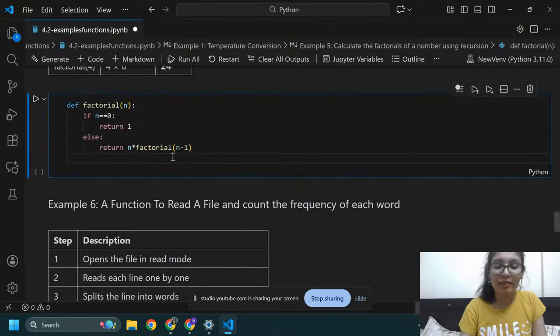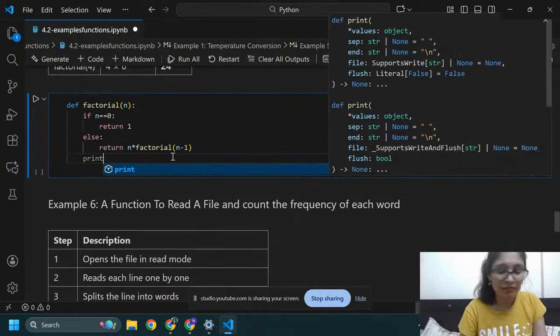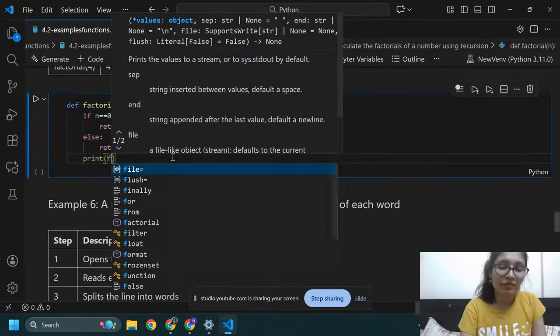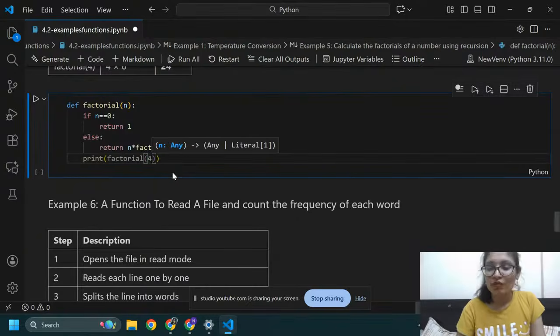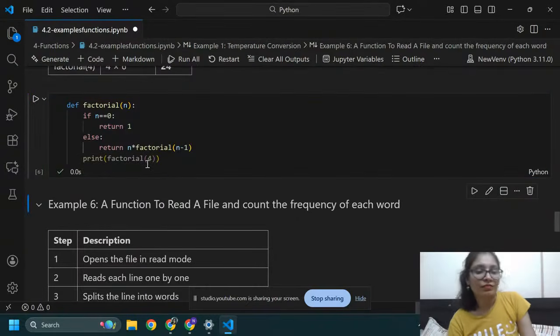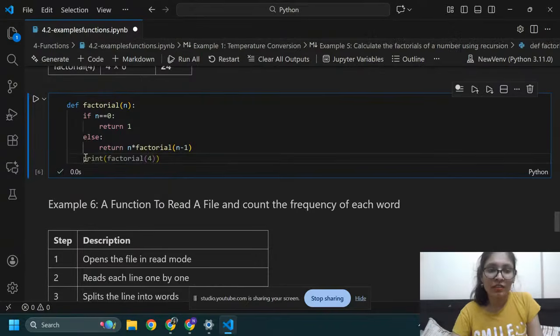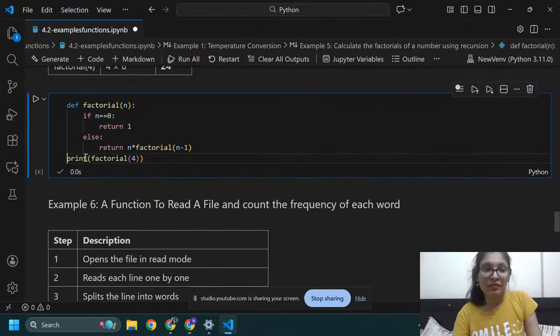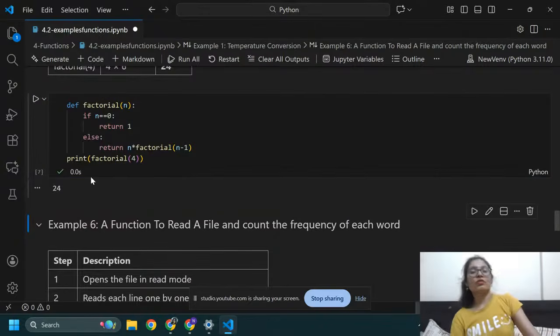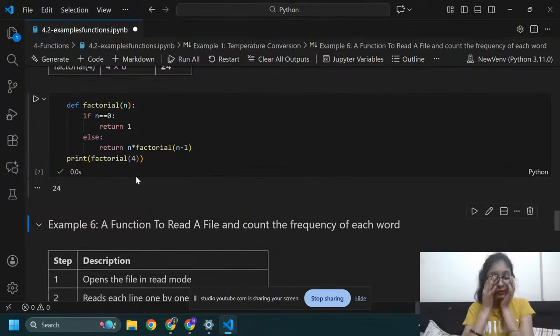Okay, then print factorial of 4. Here I'm just going to pass 4. Oh, it is inside the if condition here. Now I am going to run. So I got 24, factorial of 4.